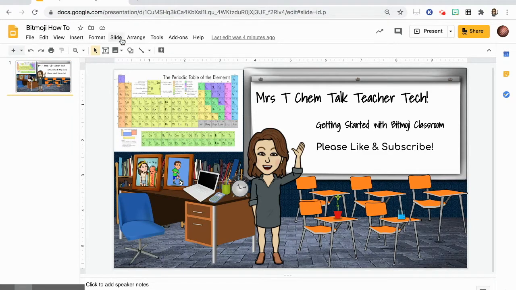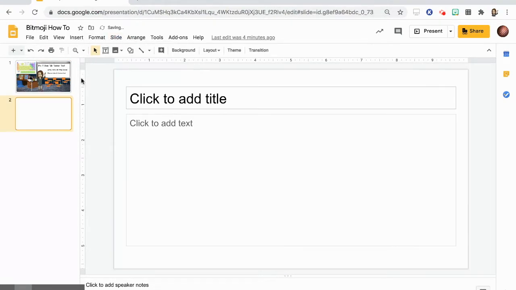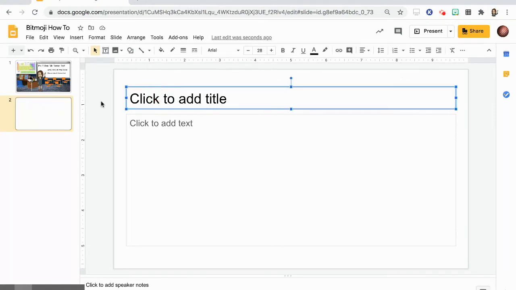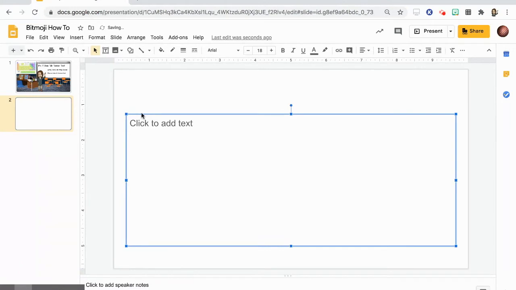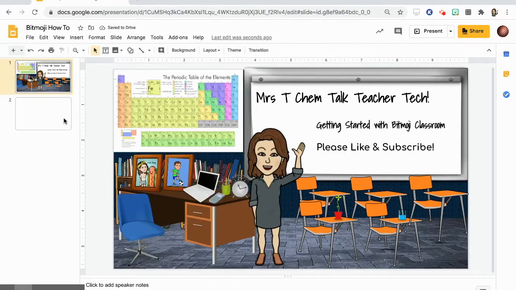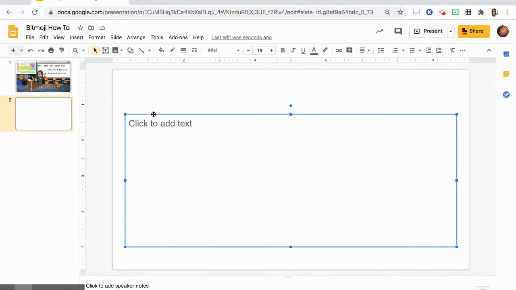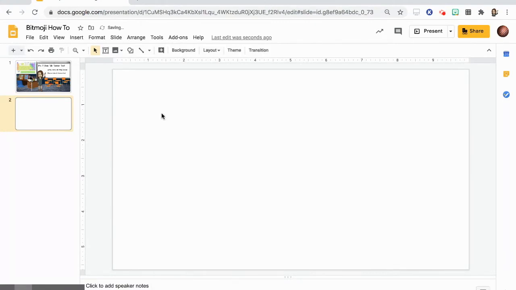And when you go to a new presentation, you'll wind up with a picture like this blank slide. So the first thing that I'm going to do is get rid of the text boxes. And when I get rid of those text boxes, I can highlight them and just hit delete, and that will get rid of those text boxes. Cut. And then that will get rid of those. The next thing I want to do, once those two text boxes are cut out of the page, is go to Slide,